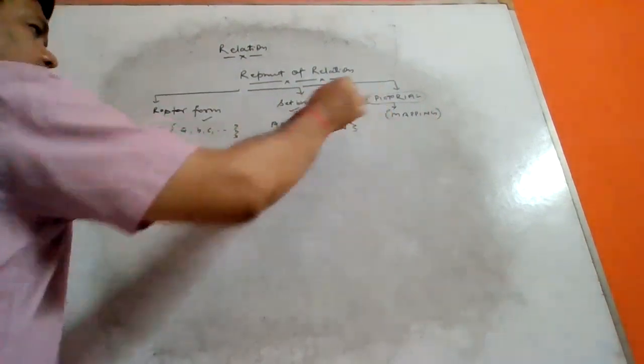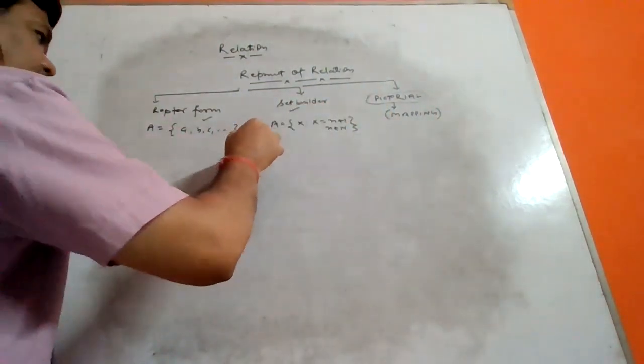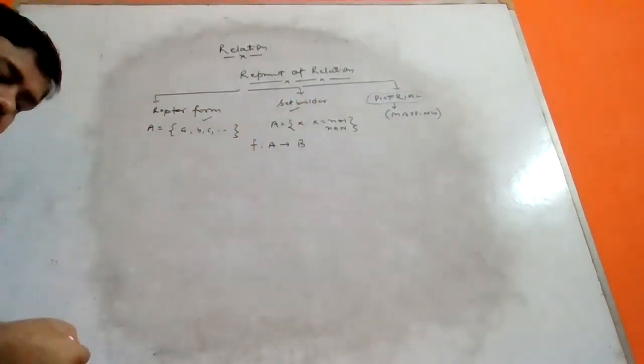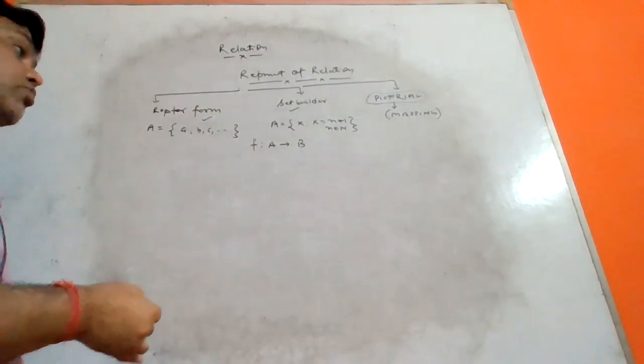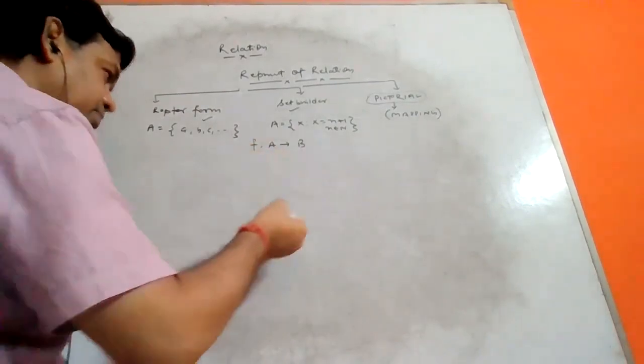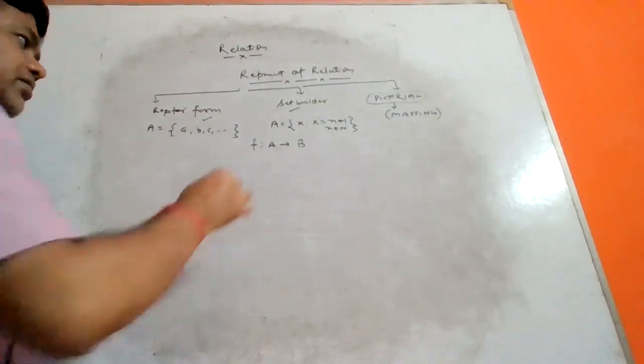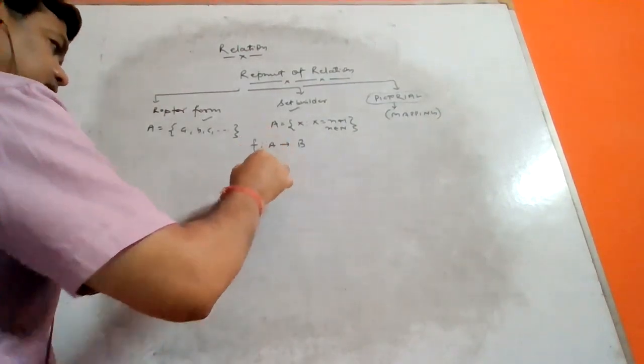So our concern is what? Mapping. For example, our relation maps from A to B. This one I just take as an example. Then I will take a full solved example. This one is just a method of how to develop some key elements in your mapping. Elements of A should be present like this one.